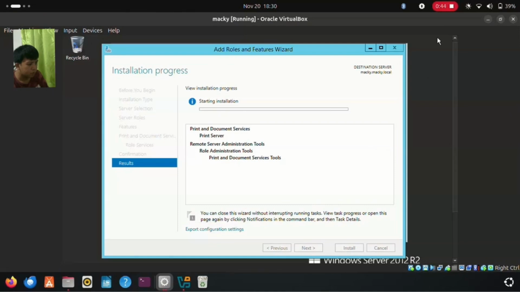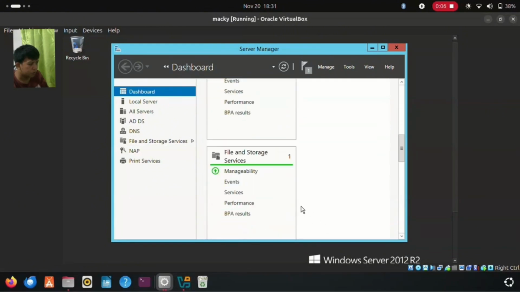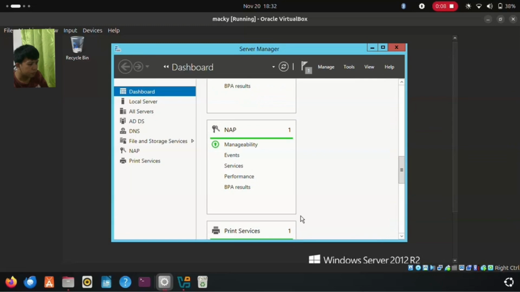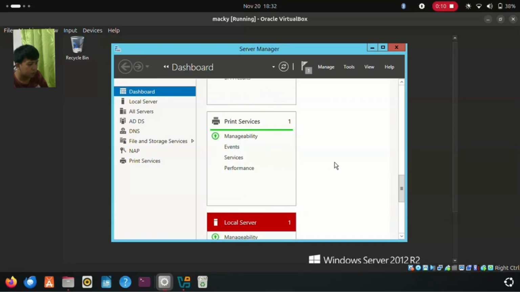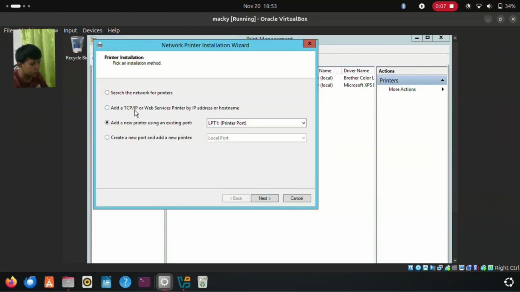So, after ng installation, close lang natin. Then, scroll down natin. Dito makikita natin yung install natin na yan, print services. Dito sa print manager makikita natin yung mga in-install natin. Sa print server naman, select natin yung printers, then add printers. So mag-input na lang tayo ng IP address natin.